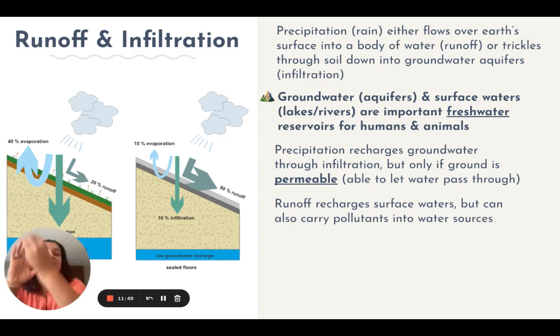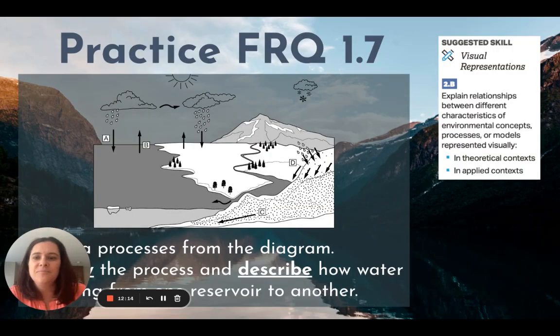Side note on this, whatever doesn't infiltrate also will run off. That runoff can often carry pollutants into whatever water sources it gets to. The stuff that infiltrates goes through a filtration process as it moves through the soil. So we don't have to worry too much about water pollutants in our aquifers. Those are usually pretty clean water sources because of that. The runoff, on the other hand,